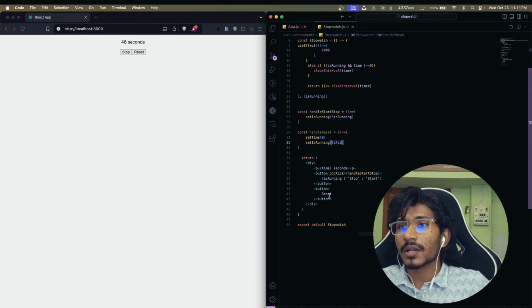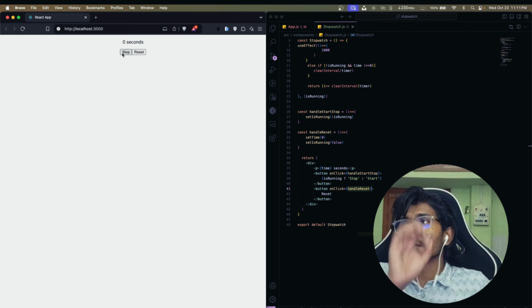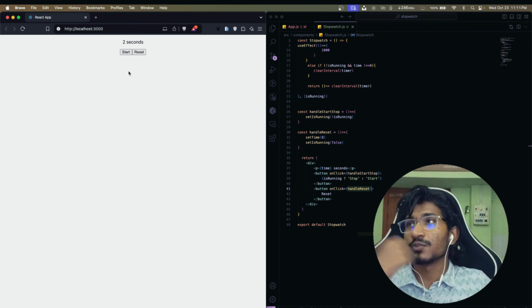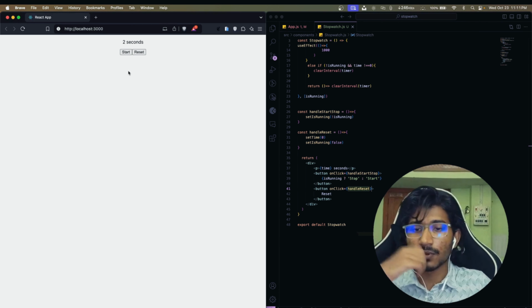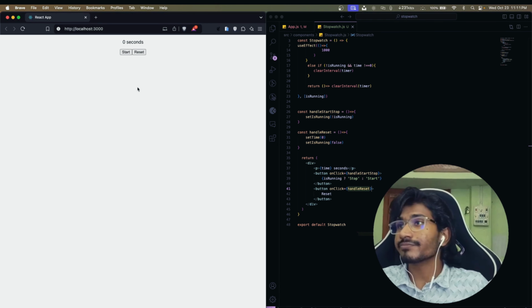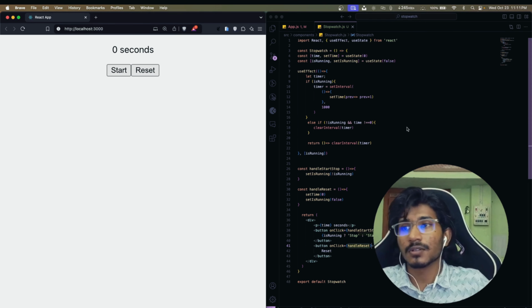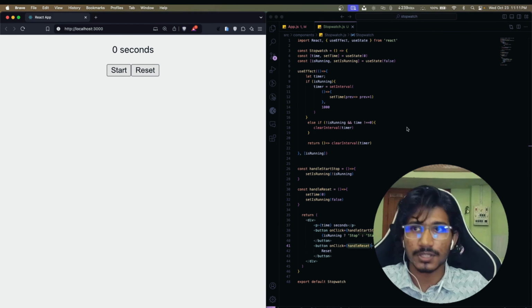Need to define on click handle reset. Alright, so this is working. Now the start button is working, and then if we stop, the stopwatch will be stopped, and the reset button also works. So this is the basic functioning stopwatch that you can build during your